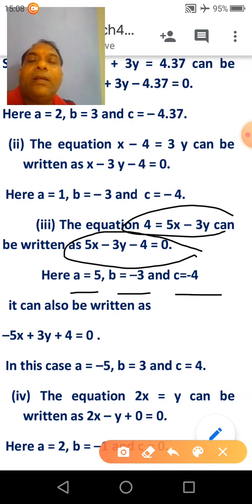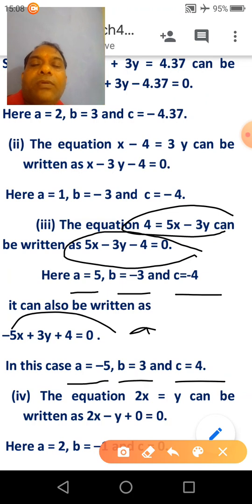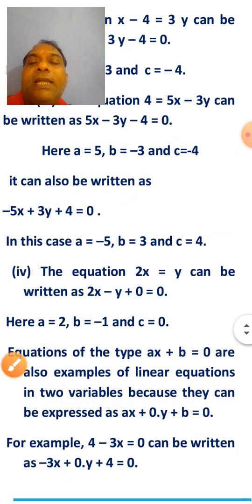Clear? This equation can also be written as minus 5x plus 3y is equal to 4, and on comparing it with ax plus by plus c is equal to 0, a is equal to minus 5, b is equal to 3 and c is equal to 4. Clear? Similarly, in fourth part,